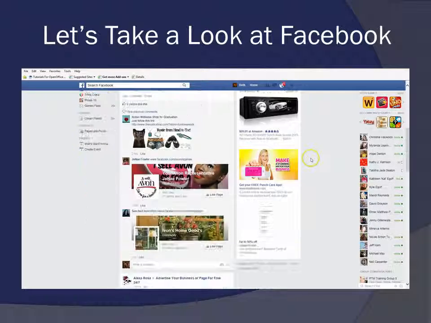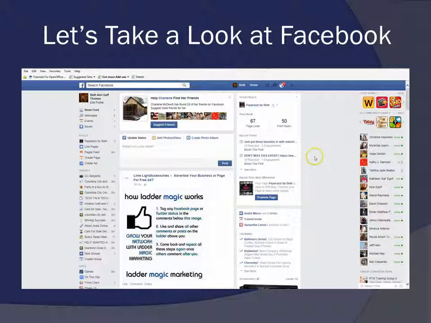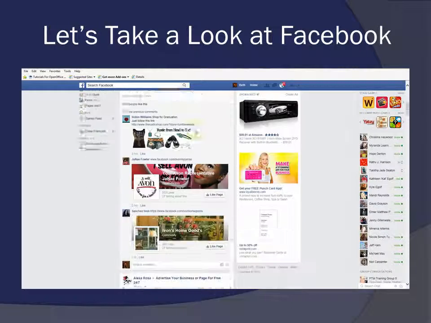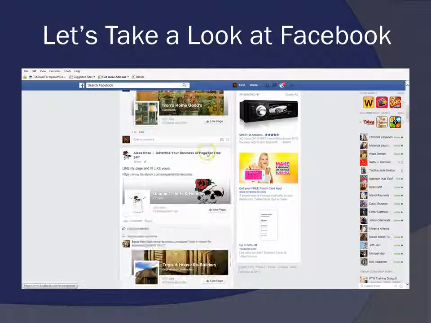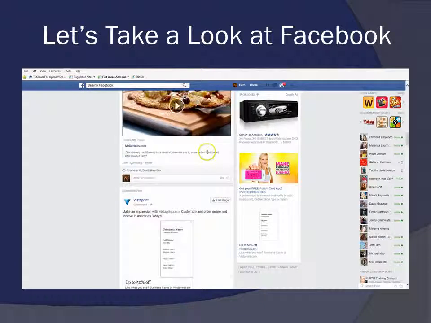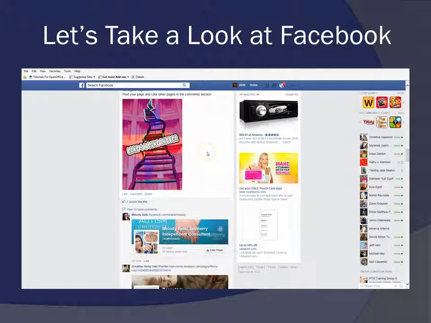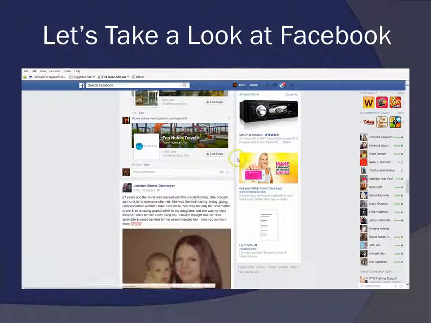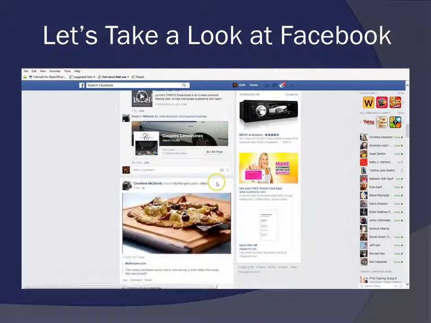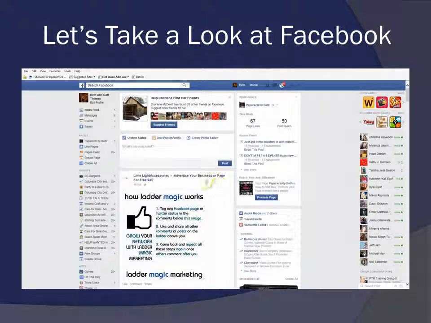But here you can see this is Facebook all the way around. This is what's called your news feed, and that's the first thing that comes up when you log into Facebook. And this is just what all of your friends or whatever you've liked or what have you have posted. There is a way to block these notifications and not allow them to come through, but for the most part they're just going to always come through, and there's not a whole lot you can do about that.